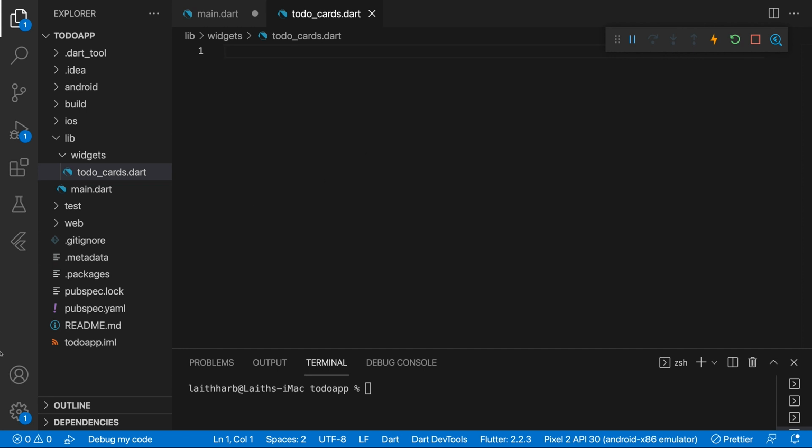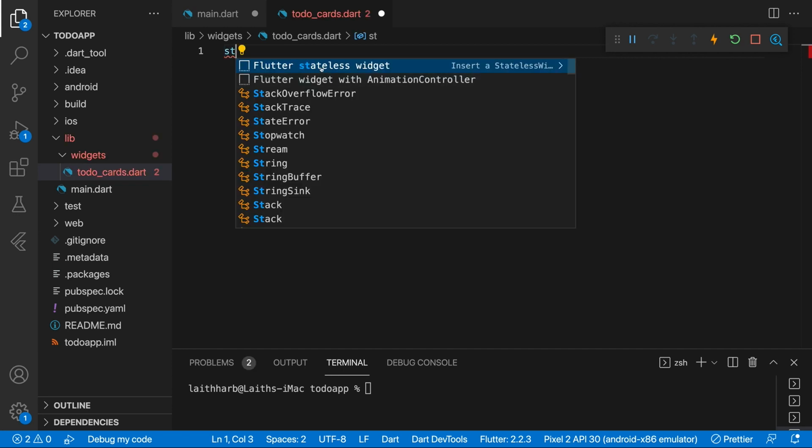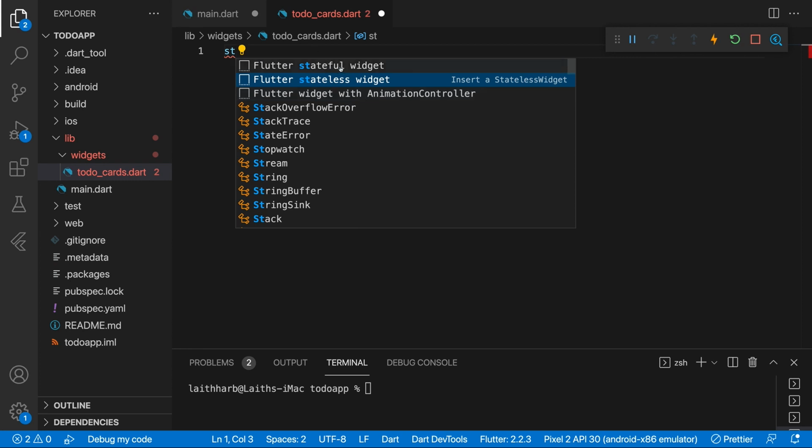And if you have the Flutter extension installed, you can type st, and you can pick between either a stateless widget or a stateful widget. Now, what are we doing? Are we managing state in this card? Well, actually not really. You might think yes, because that checkbox with completed and not completed is